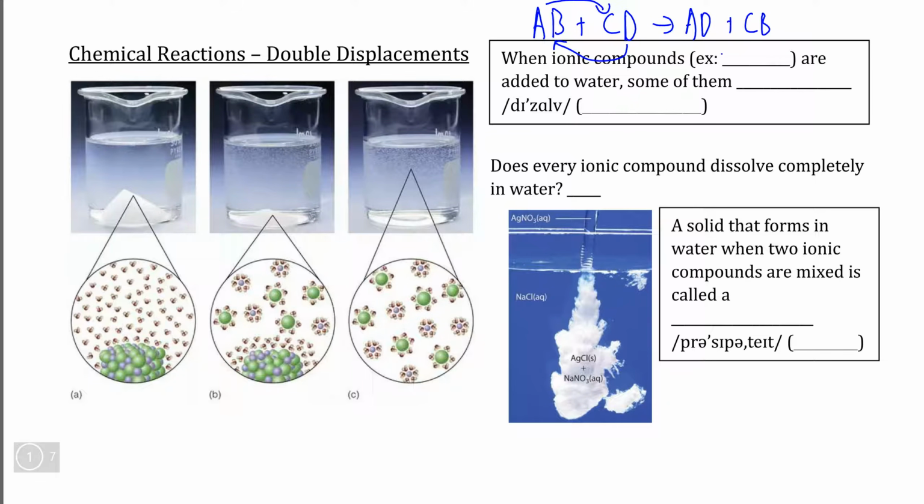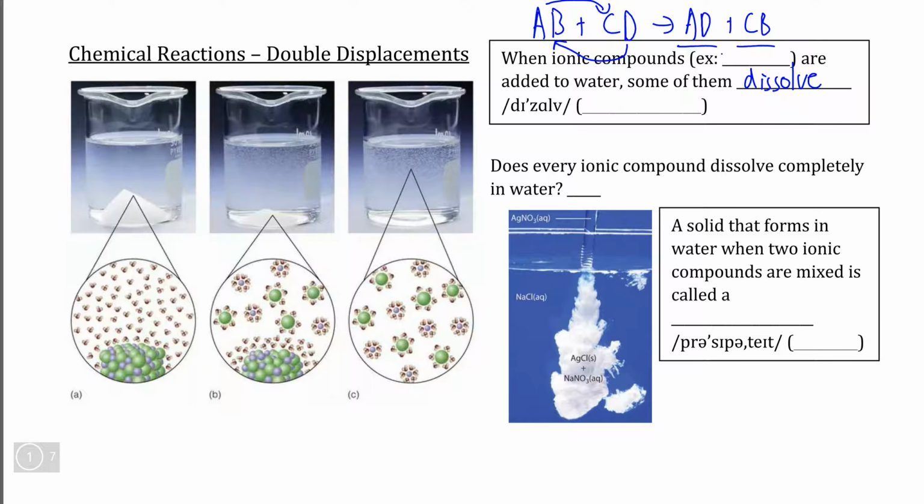Now, the way that we normally do double displacement reactions is we take one or both of the ionic compounds, pour them into water, and watch them dissolve such that we have solutions of our ionic solids rather than actual solid compounds. And then when these solutions are mixed together,